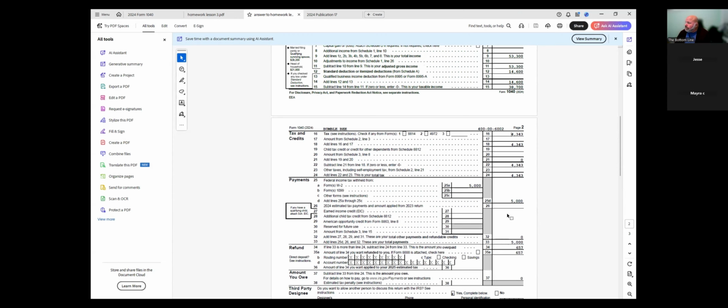Unfortunately, I didn't make it to 16. I made it to 12, and then kind of took a pause and went to payments and filled stuff in for 25 A and D, but I think that might be wrong, to be honest. Okay. So his tax here, we're going to go to our Pub 17.